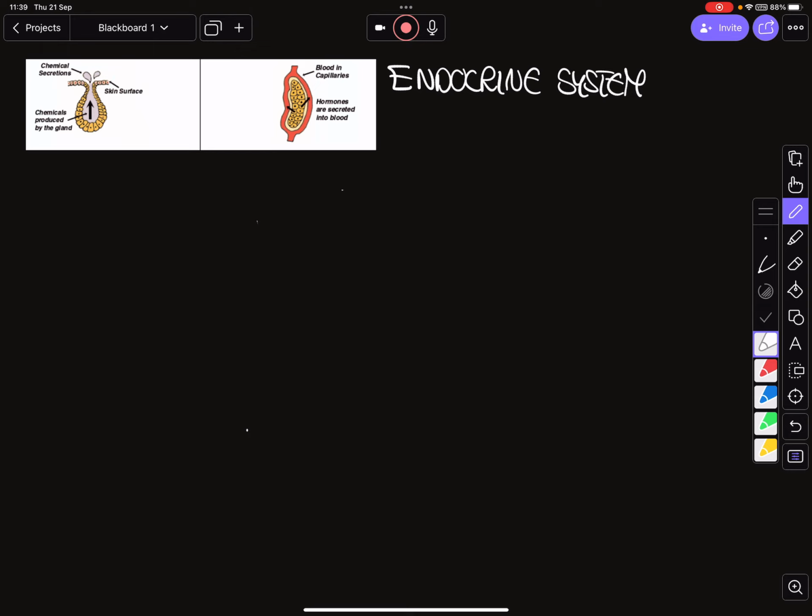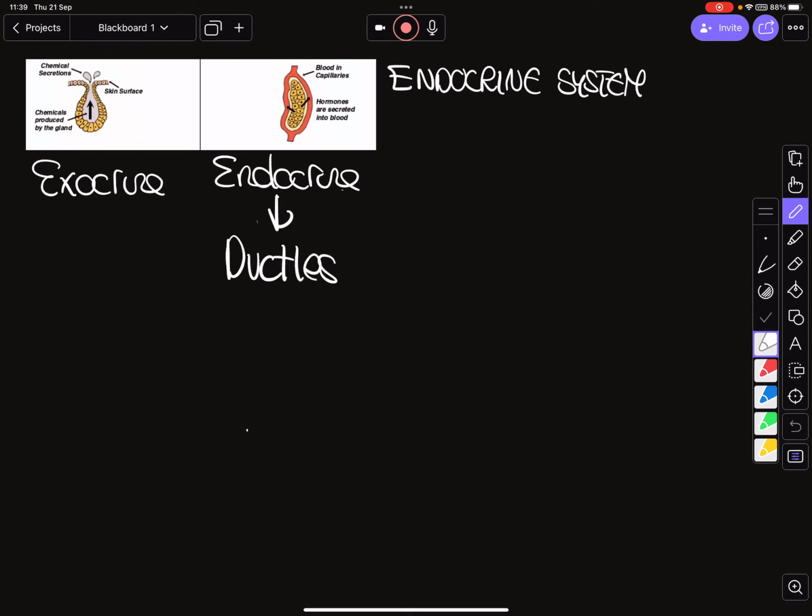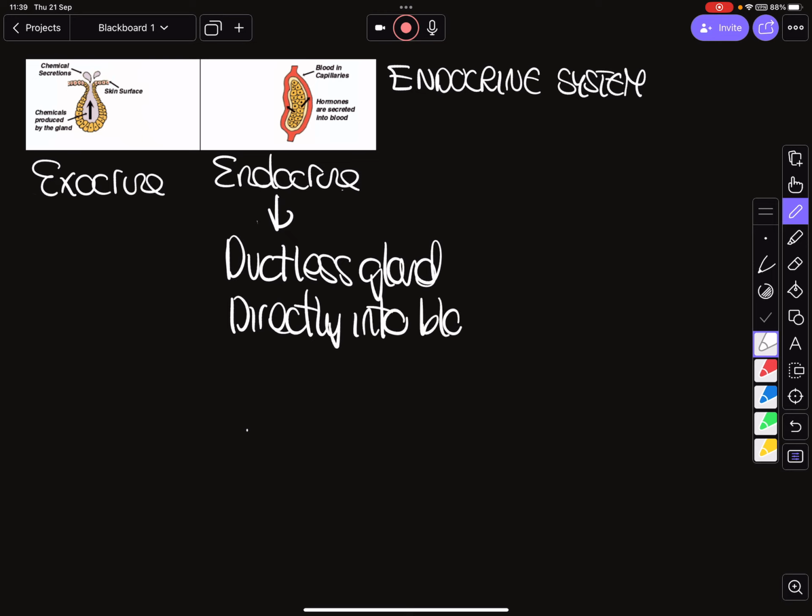to ask you. So the first thing that they're going to ask you is a definition for an endocrine gland and an exocrine, and it might be a distinguished question, and if it's a distinguished, you have to say something about each thing. So an endocrine is essentially a ductless gland. They secrete their hormone directly into your blood supply, whereas an exocrine gland is going to be, has ducts.